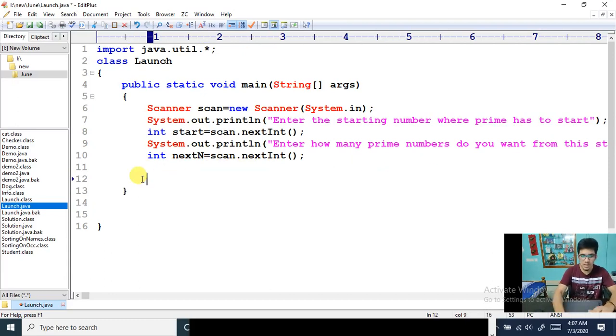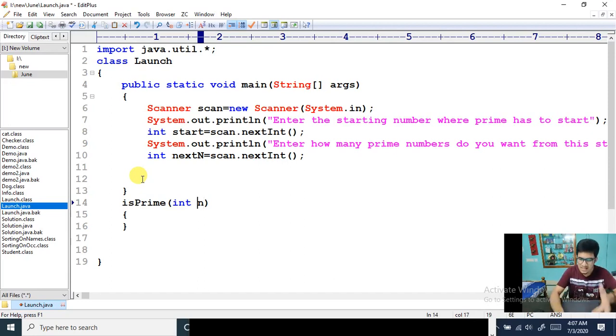So I have to create a method to call to define whether a number is prime or not. Definitely in the future I'm going to use an isPrime method. So let me write this isPrime method. Now, does this method accept anything? Yes, it accepts one integer type n, because whatever it accepts, it has to check whether that number is prime or